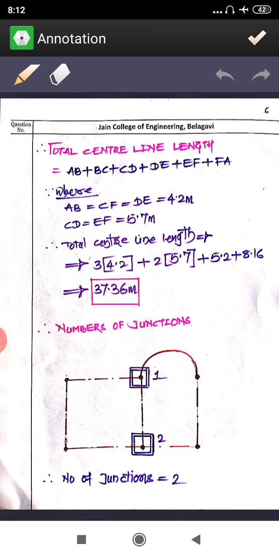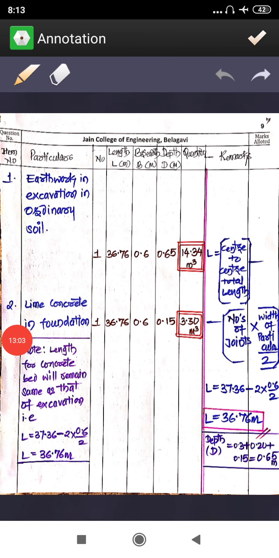Now let's see how we can get the quantities. Only 4 quantities you are supposed to determine, and those are earthwork excavation, lime concreting, brickwork in foundation, then brickwork in superstructure. So first item is earthwork excavation in foundation in ordinary soil. As I said, the formula is total center line length minus number of junctions into half of width. So total center line length is